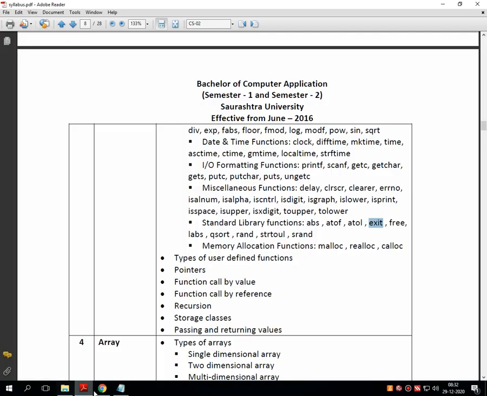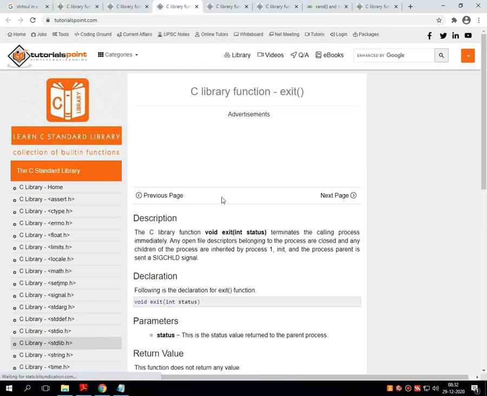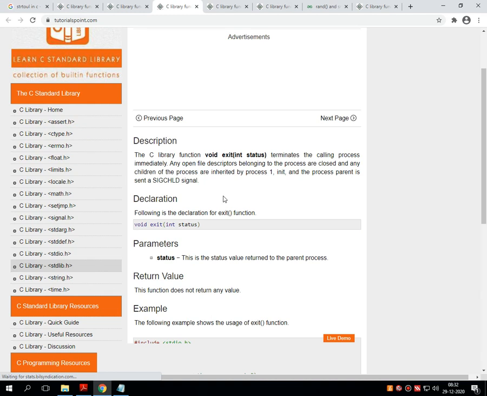Next one is exit. This particular function is very important in semester number 2, when we are discussing data structure using C language that you have to study next semester, but yet we'll see it theoretically.